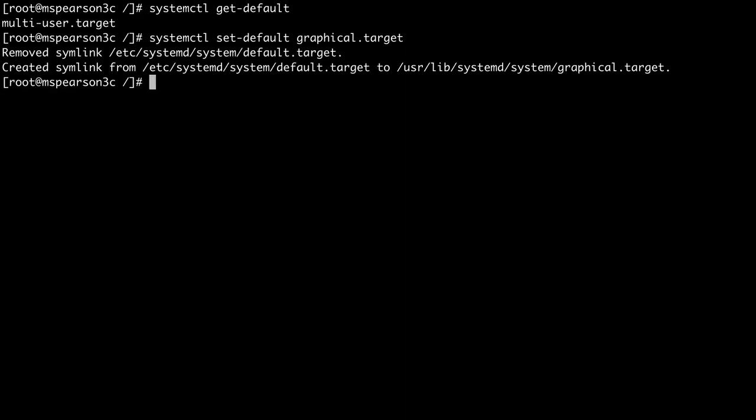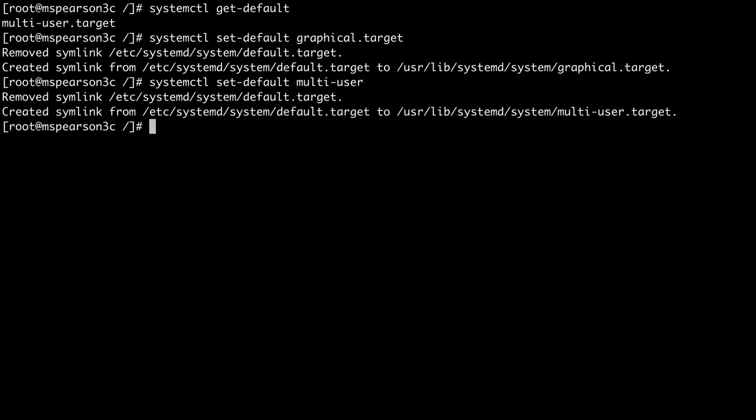So if we kick that off, we see that the old symlink for the default target gets removed, and a symlink for default.target gets linked to the graphical target. And to change it back to multi-user, all we have to do is put in multi-user. And we see that the symlink gets recreated. Now all that does is set the default target. So if we were to restart after we change the default, it's going to start that target. But if we wanted to change